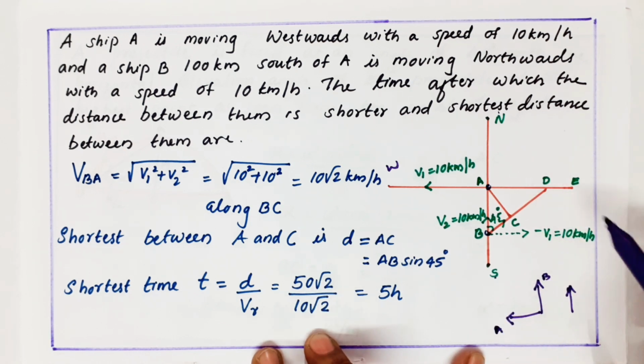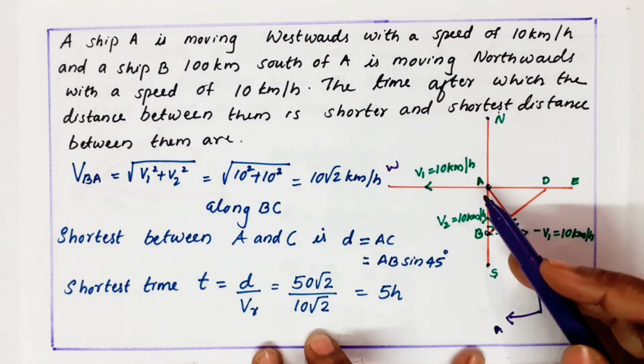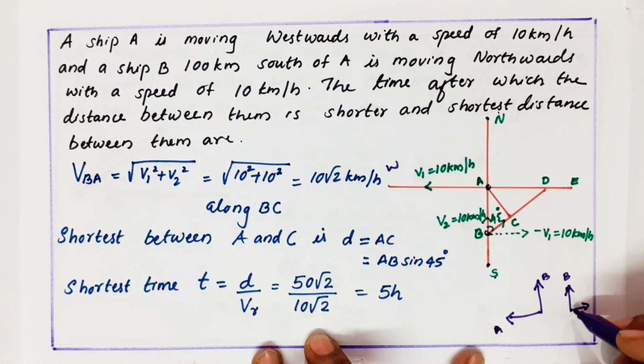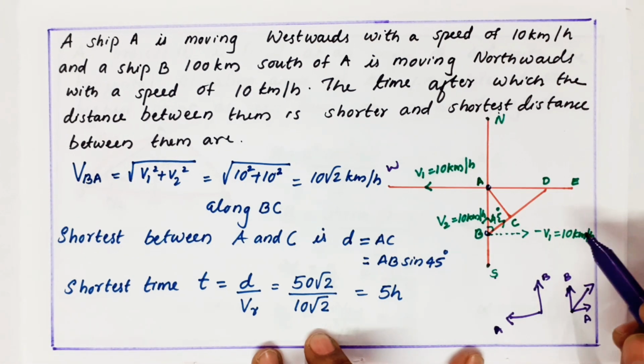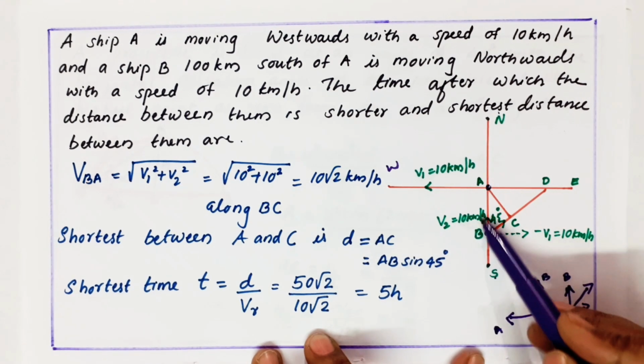So the thing they did is VB minus VA, means VB is like this only. You have to take A's direction opposite. VB minus VA, that is the relative velocity we are taking. That is the reason why I marked everything in this quadrant. So if you are taking it like this, this will be the resultant. That only they marked like this. Okay. So what all things should you remember? One is going like this, another one goes like this.